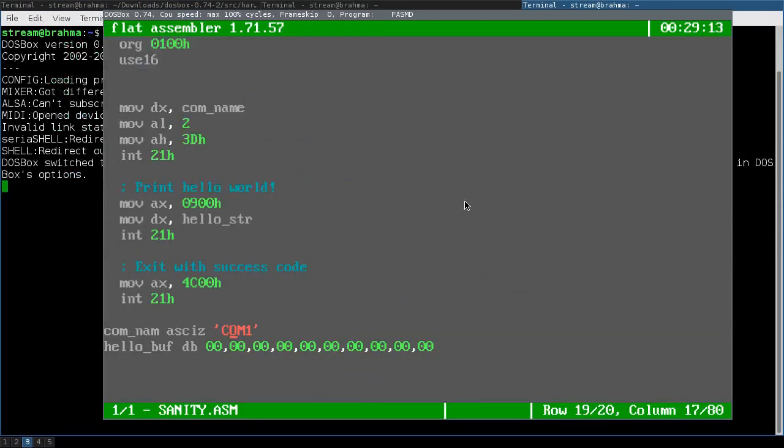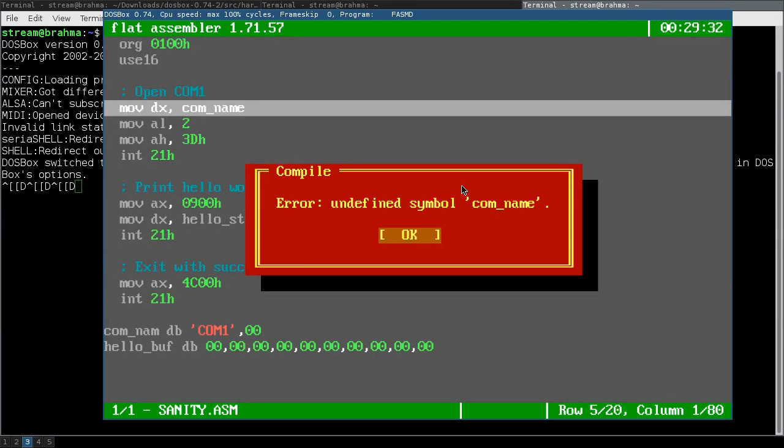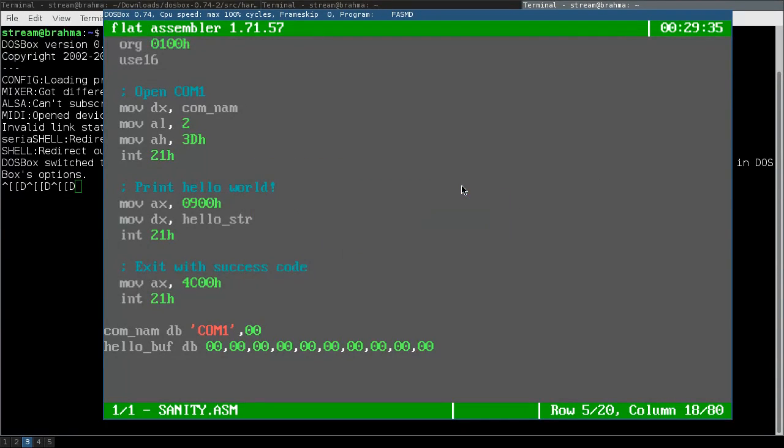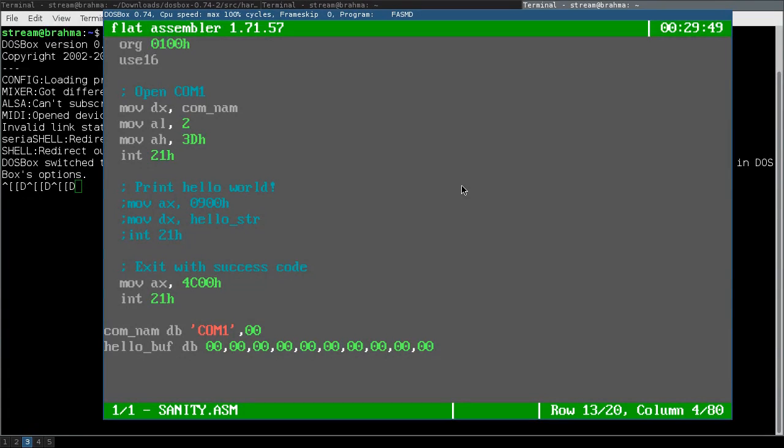It's just the DB thing. Okay. I'll put a 00 after it. And then we'll write open com1. What is with this old Western hello string? Okay, we're just going to comment that out because we're not using it at the moment. And what does that do? Nothing. Now, I don't actually have anything easy for printing to DOS, so at the moment we're just going to